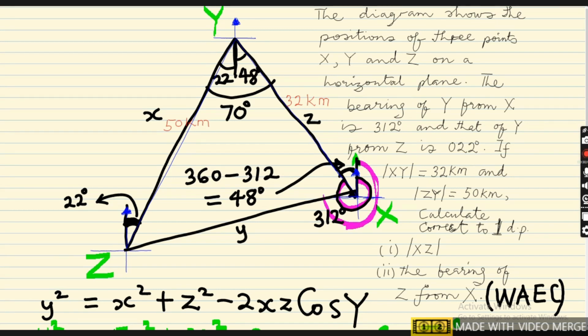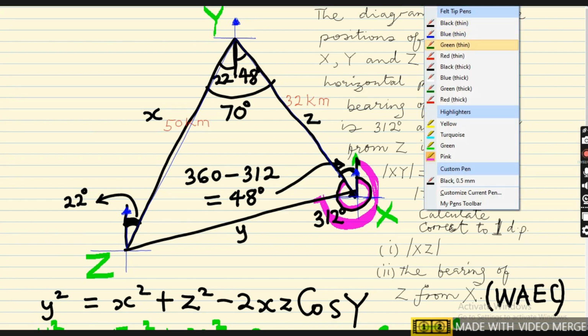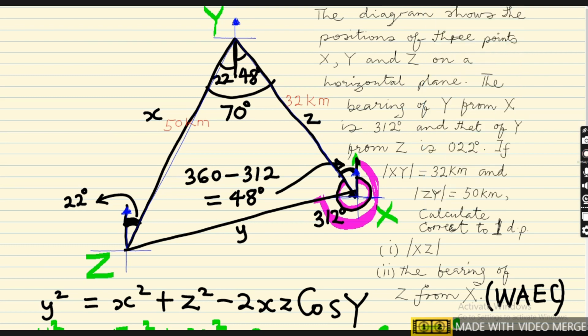So this is the total angle we want to find now, from north of x to the line going to z. Okay, how do we find this angle? Don't forget that we knew the total from here down to z, to the line going to y before, 312. So if by chance we can get this angle,